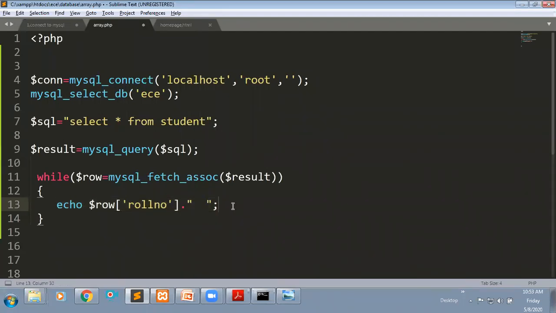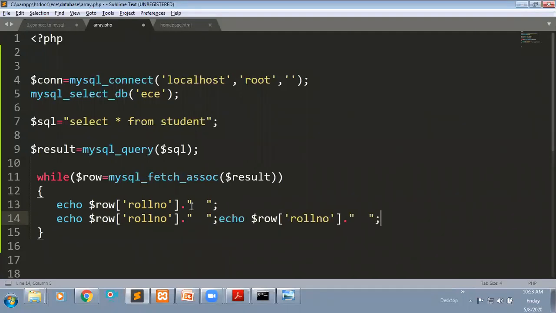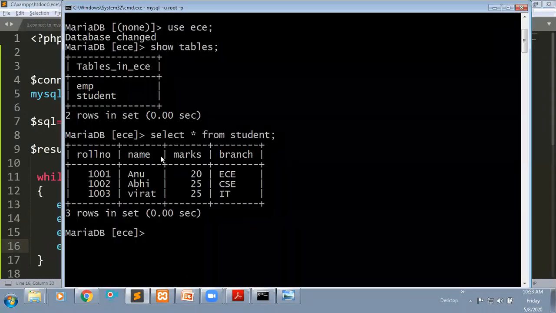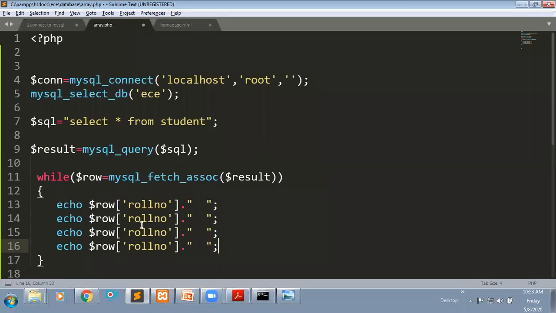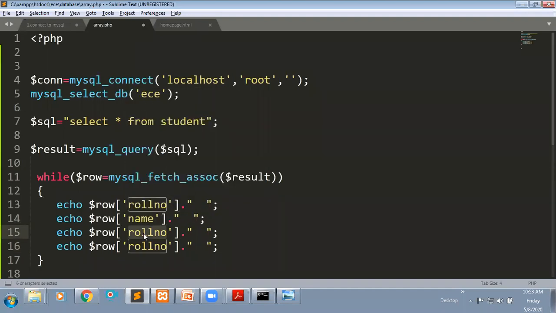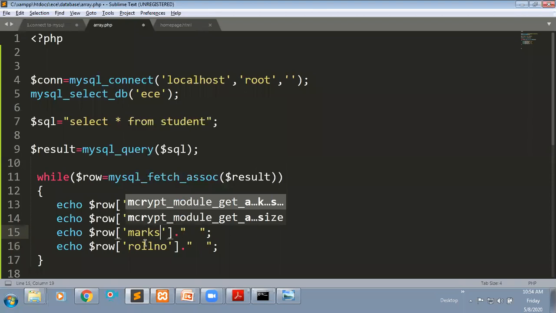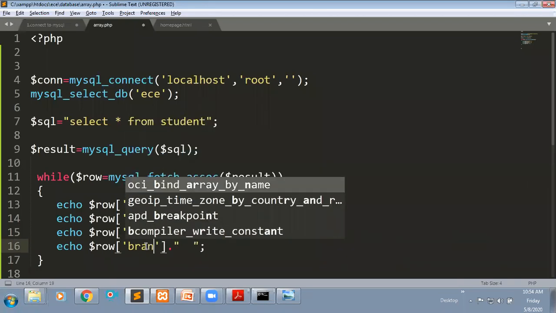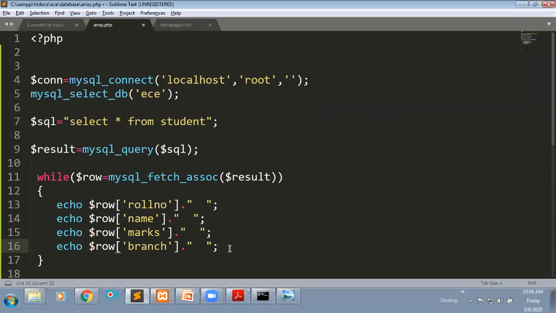I wanted to print all four columns. What are the columns we have? I want to print all four columns: roll number, name, marks, branch. Here I'm going to print name, here marks, and here branch. I will explain once again, so you don't get confused.